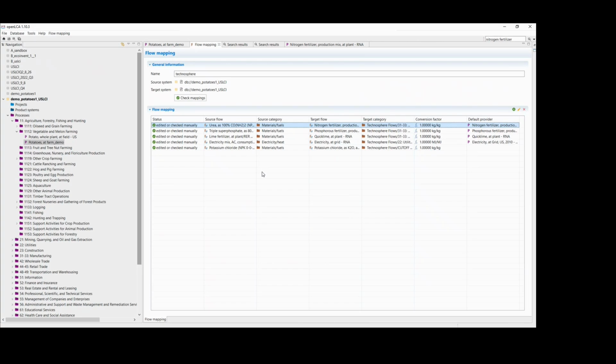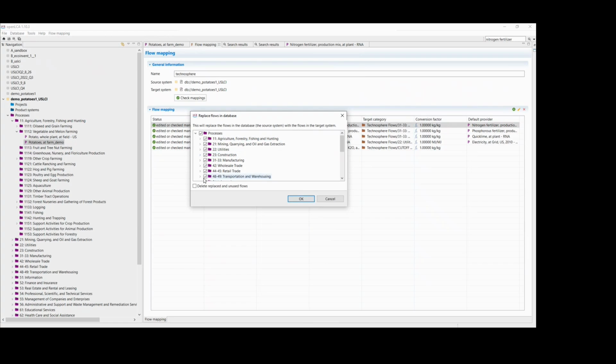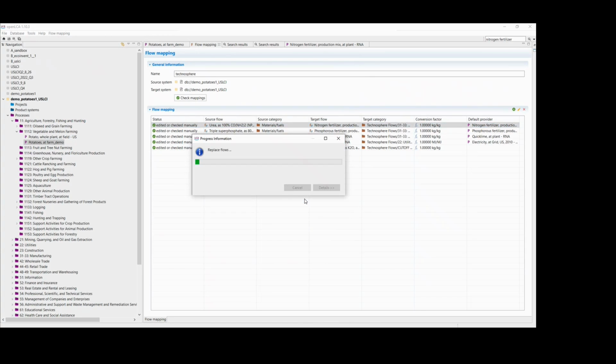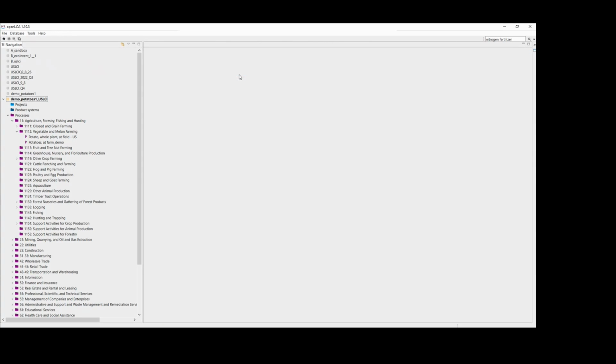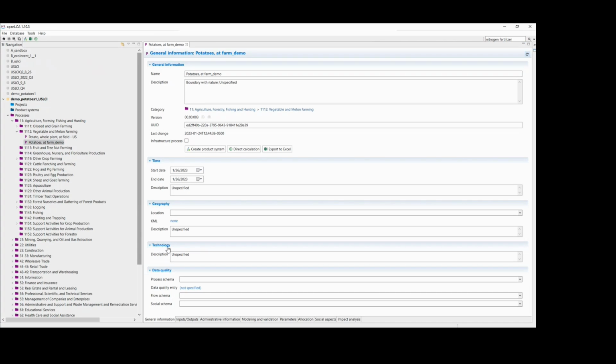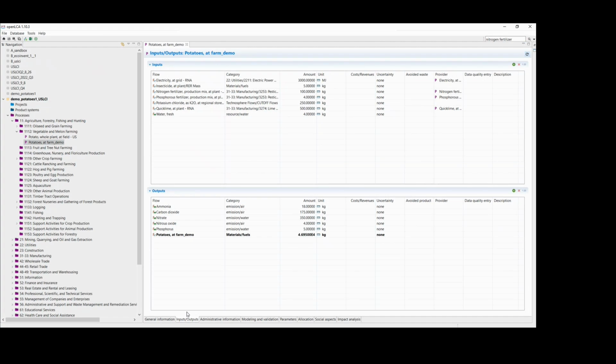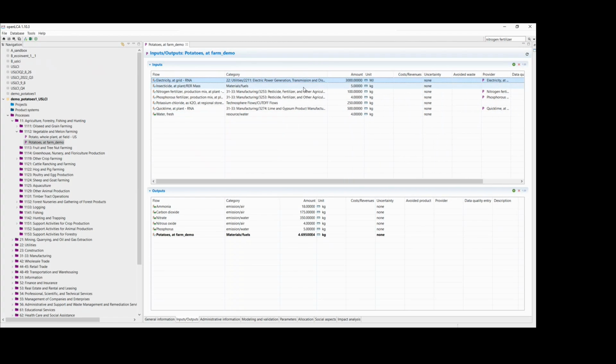Okay, so those are our Technosphere flows. We'll have to create a new Technosphere flow for the insecticide, which I will do next after we apply these on our database. We'll go ahead and apply them on the whole database and delete the old flows. Okay, so now we'll close out of these and then go back into potatoes and make sure it worked. And see now these categories have a NAICS folder structure. USLCI aligned.